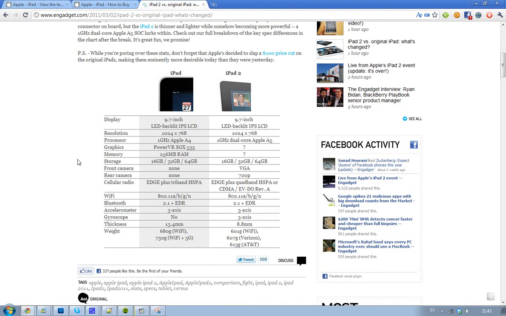And here comes the cool part: we now have both a front camera and a rear camera. The front camera is VGA, and the rear camera is 720p. So it's going to be very interesting to see the quality of that 720p camera compared to the iPod Touch 4 and the iPhone 4. And then we have the cellular radio, Edge plus tri-band HSPA on the original iPad, and